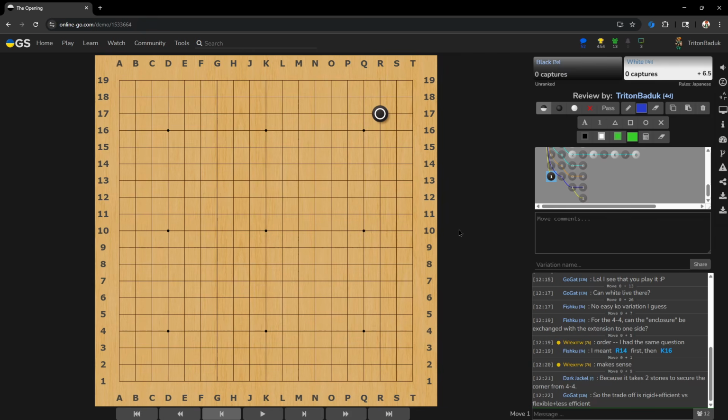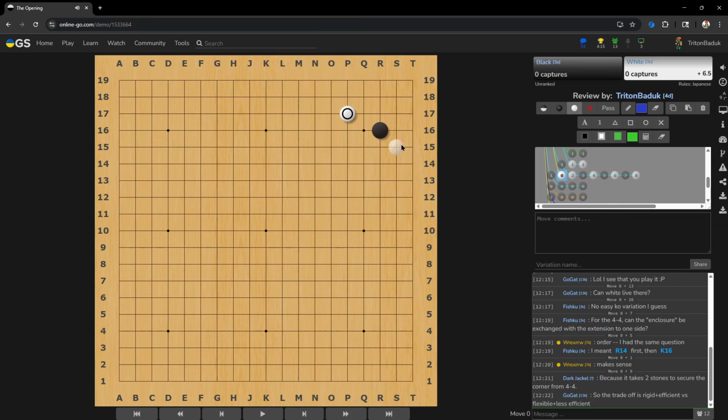With the 3-3 point, it's kind of like the 4-4, which you could technically extend along the sides, right? And you could technically enclose. The corner is already solid, so playing another move here is only growing points. That's all it's doing, versus making a stronger formation. But we're already a strong formation with this first move. So there's no need to play another move, which is a little bit different from the 3-4, where if we don't play the other move,